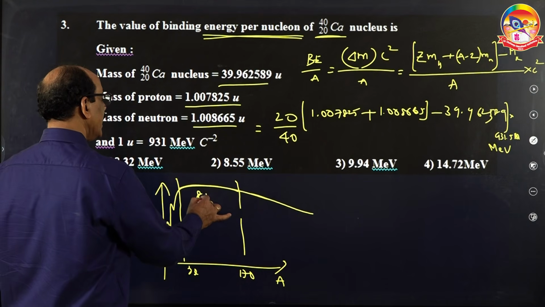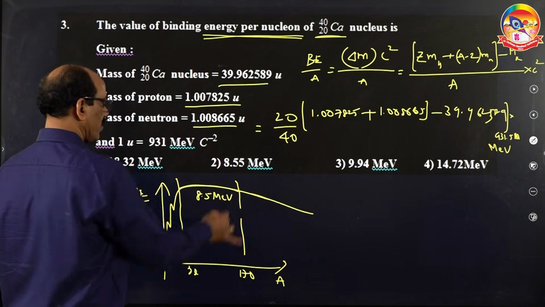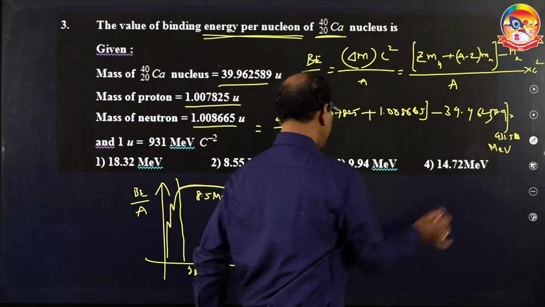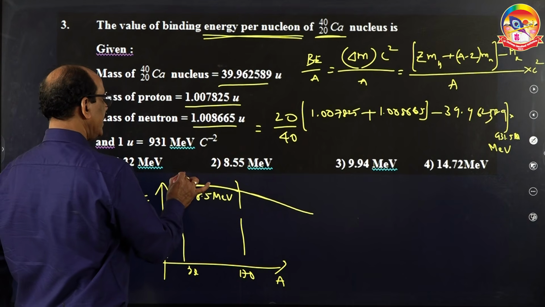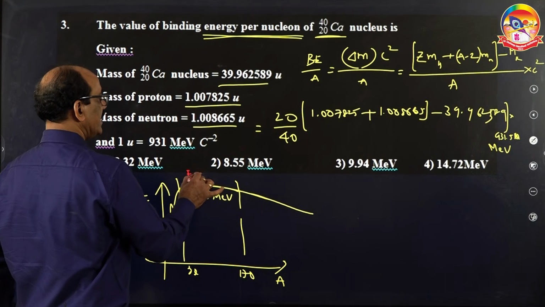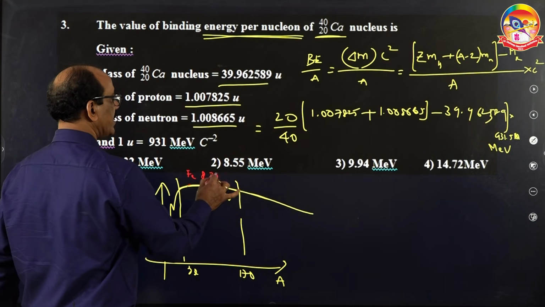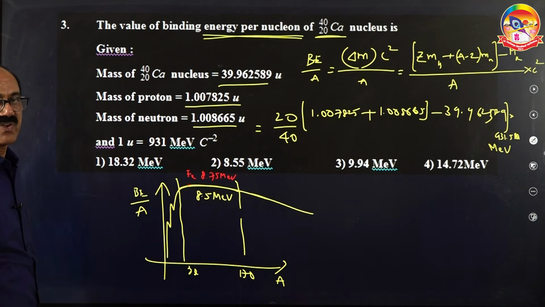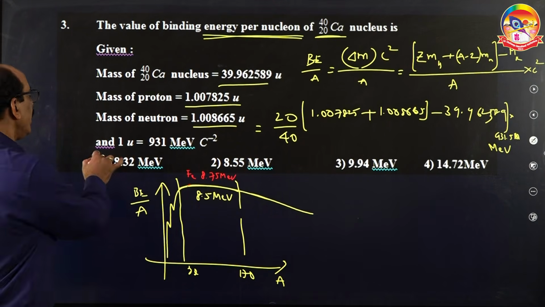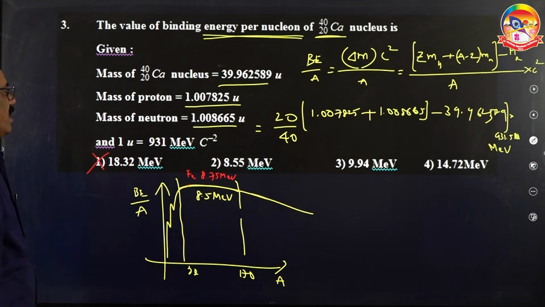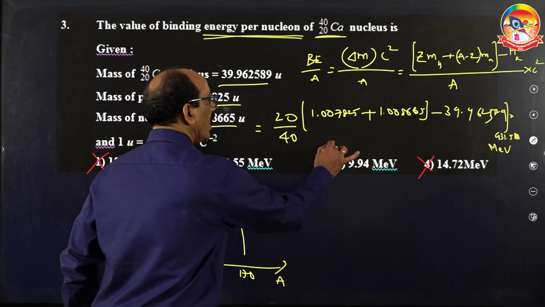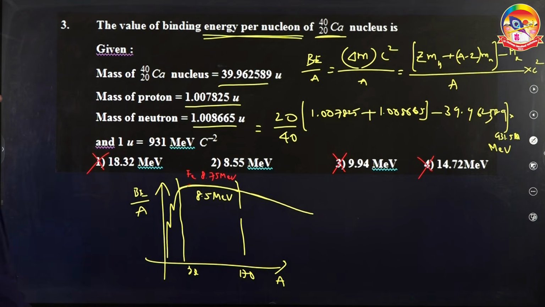It is nearly 8.5 million electron volt, and in case of the nucleus iron 56, it has the highest average binding energy, 8.75 million electron volt. Knowing these facts, we will be able to arrive at the answer quickly. That is, no binding energy per nucleon like 18.32 or 14.72 or 9.94 million electron volt are possible. The only possibility is